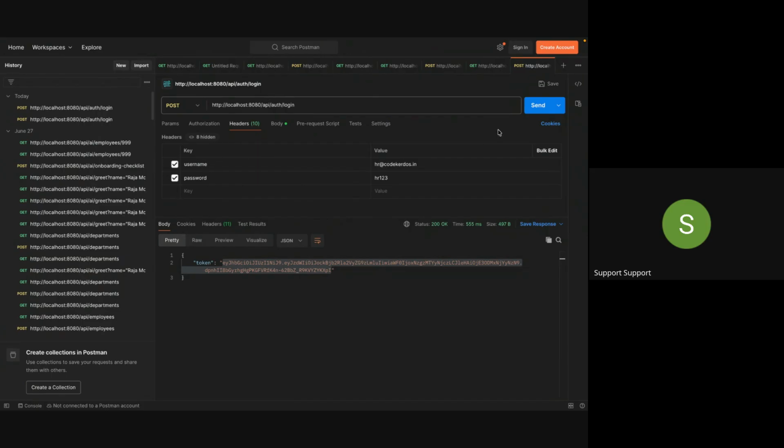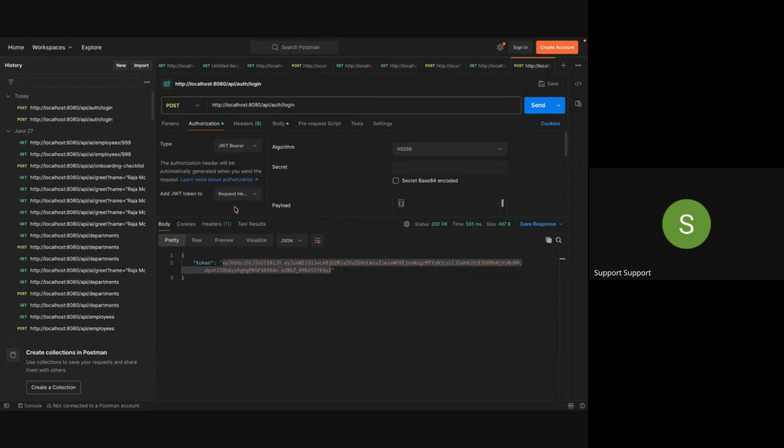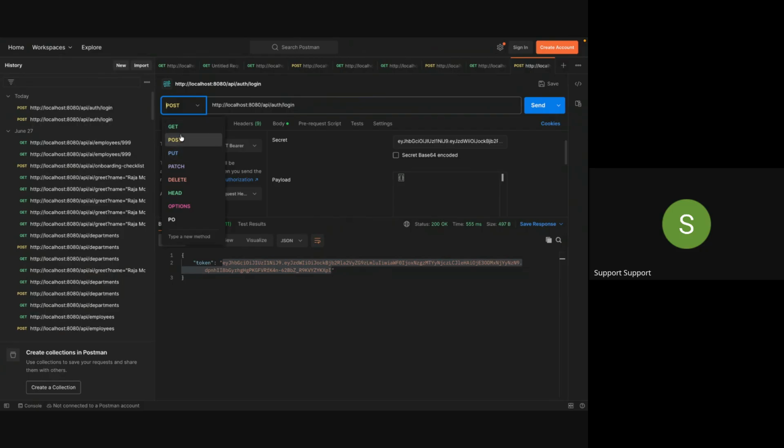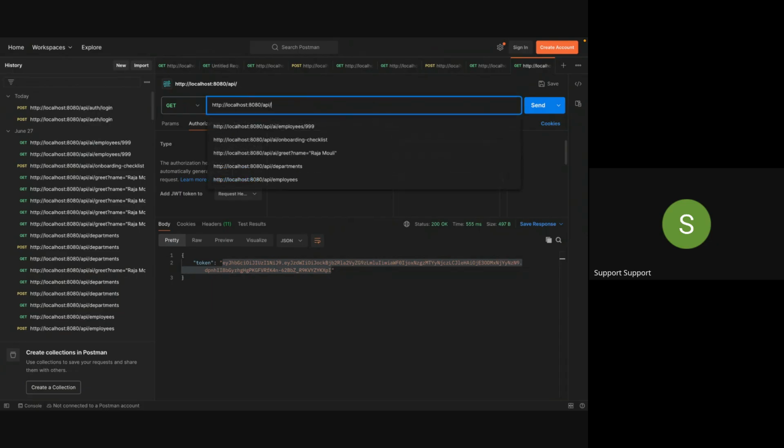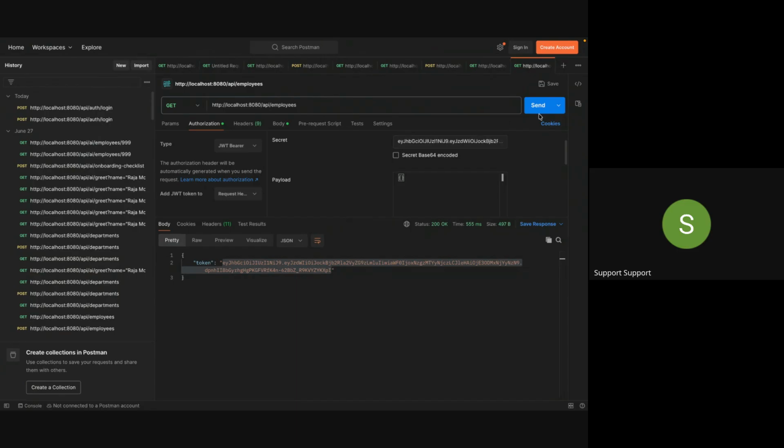Authorization, where I need to write. I'll delete this. Authorization, and if I say JWT, I will give this my secret key. That is fine. So whatever I'm trying to do, slash API slash login. The data will be empty for sure, but let's see whether it's working or not. So if I want to use this, slash API and slash employees, I think this one, right? Slash employees, and if I try to send this,